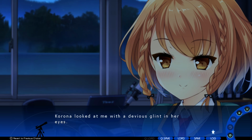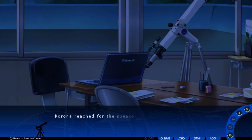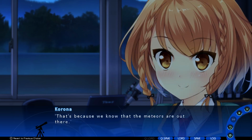Korona looked at me with a devious glint in her eyes. That was the face she made when she felt like getting frisky. That can wait until after the observation. 大丈夫。パソコンがちゃんと記録を取っててくれるから。 Korona reached for the speaker volume control. The sound of the meteors grew faint until we no longer heard it. 見えなくたって聞こえなくたって大丈夫なんだよ。そこに流星があることをコロナたちは知ってるんだから。